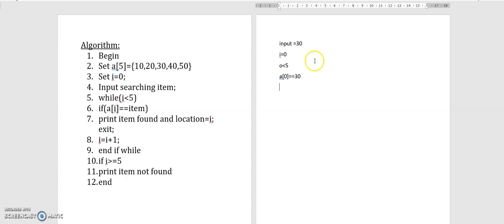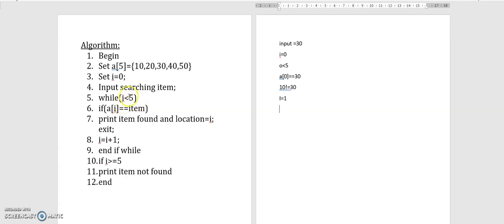A of 0 is at index 0, 1, 2, 3, 4, and A of 0 equals 10. 10 is not equal to 30, so the element is not found. Because the if condition is false, we go to increment. I is incremented by 1, so now I equals 1.